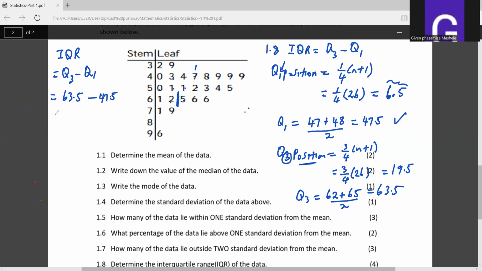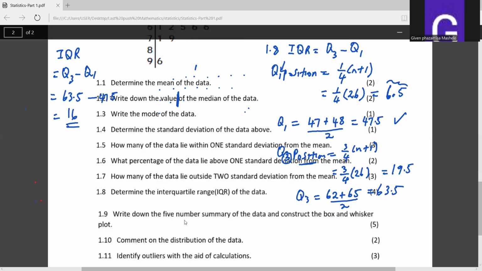47.5. So 63.5 minus 47.5. I think this will give us roughly 16. So the interquartile range is 16. I believe you guys are following. You must know the positions. Right. The next question, it says,